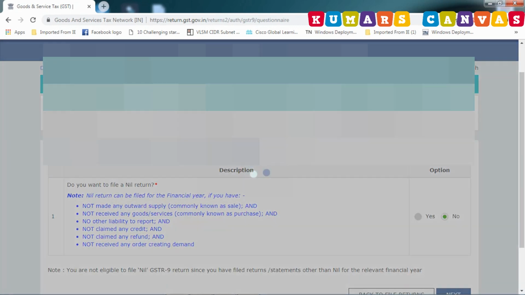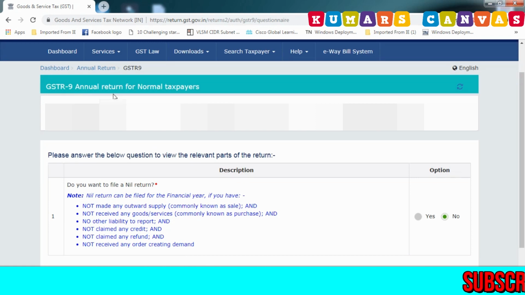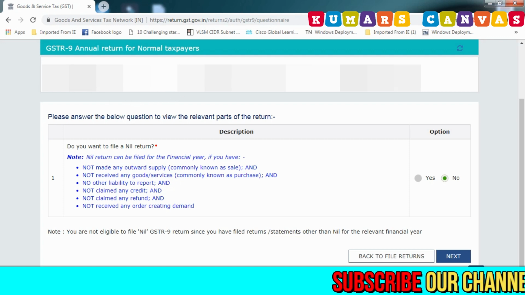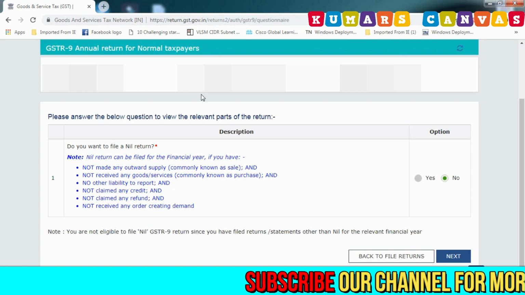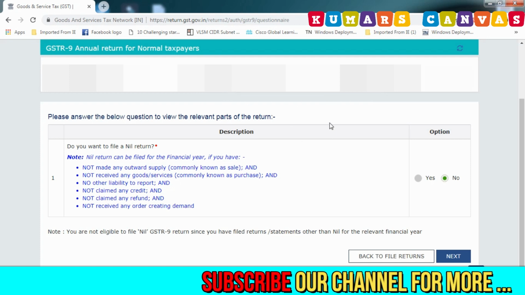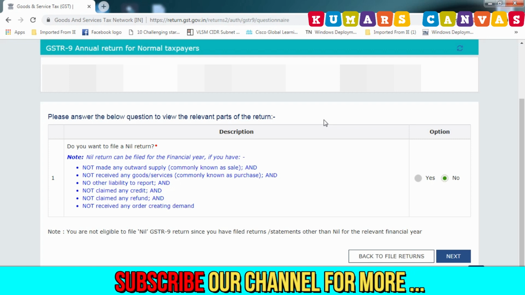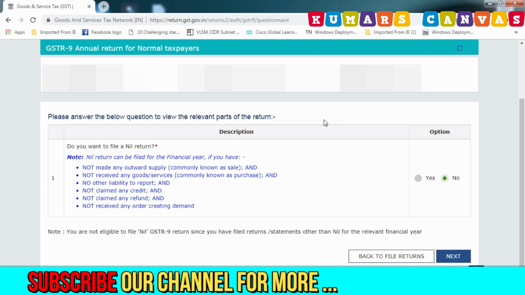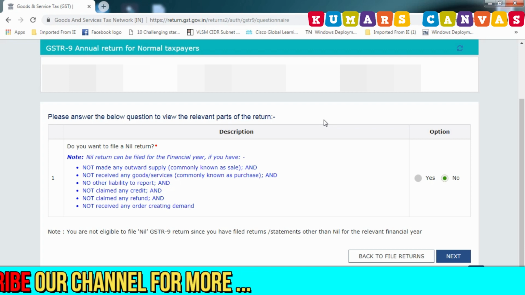So this is the whole form of GSTR 9. The heading says annual return for normal taxpayers. Your GSTIN number, your legal name, trade name, and then the status whether it is filed or not filed for the financial year, and the due date. Take note that the due date for filing the GSTR 9 annual return has been scheduled to be 30th of June 2019 by the department, and you need to take care of this deadline, and we would recommend